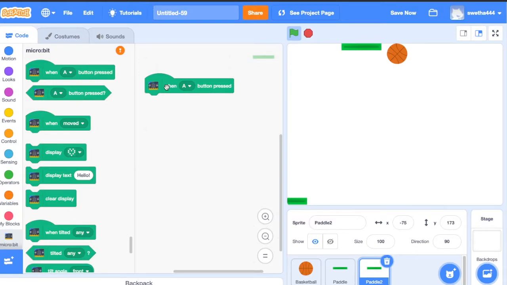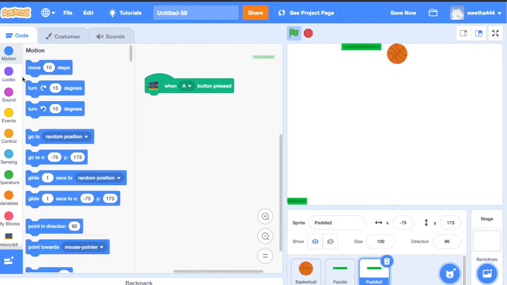For that, when A button pressed, move 10 steps. It has to move left when A button clicks. So I noted -10. For one click, if we press the button one time, it moves 10 steps.